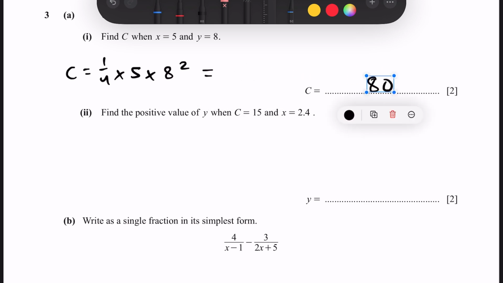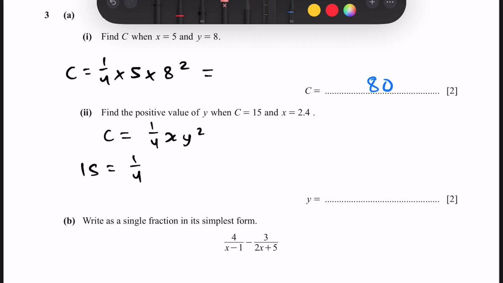Now our II answer says to find the positive value of y when c is equal to 15 and x is equal to 2.4. So c is equal to a quarter of x times y square, which means that when c is equal to 15, 15 is equal to a quarter of x times y square, and x is equal to 2.4, and y square remains as y square since we don't know what the value of y or y square is yet. So y square would be equal to 15 divided by 1 by 4 divided by 2.4, which is equal to